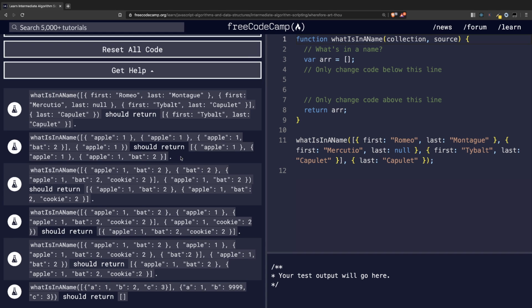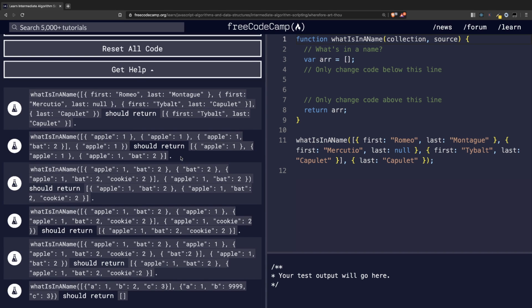But I guess the second parameter could have two properties. So we need to go over all of the properties. Okay, we have here the array and this array, so we need to find all of the properties. All right, this will be a little tougher. So let's see, collection